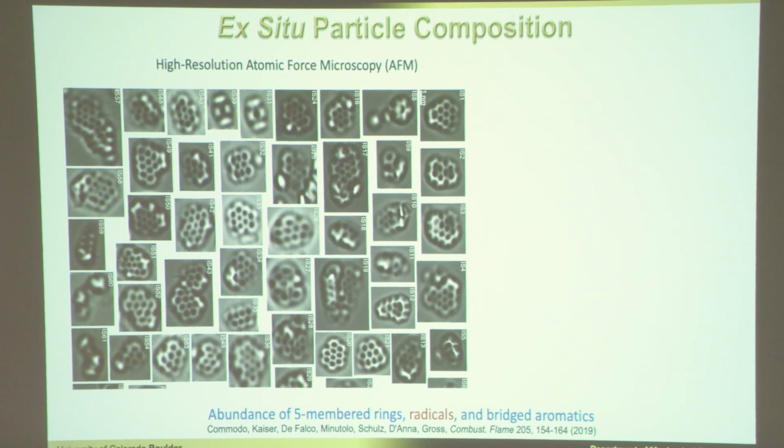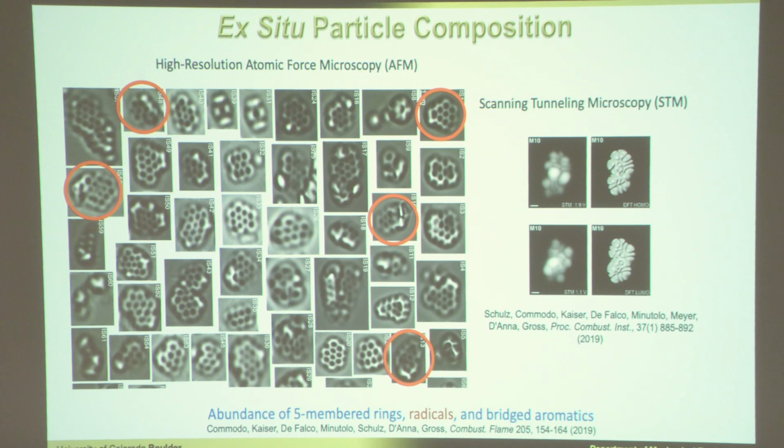This is really interesting work, and this type of technique was invented at IBM in the 90s, and I think these people collaborated with people at IBM in, maybe it was in Switzerland, in Europe somewhere, to actually map out the structures of these PAHs. So you actually can see individual carbon atoms. It's so cool. Okay, and then even see radicals. You can see the extra little